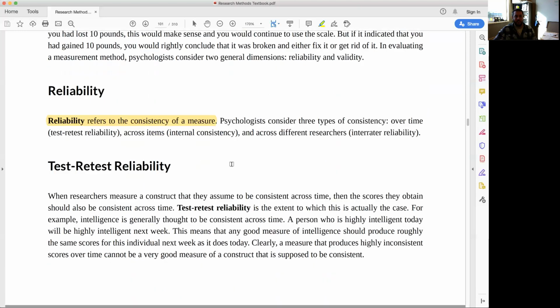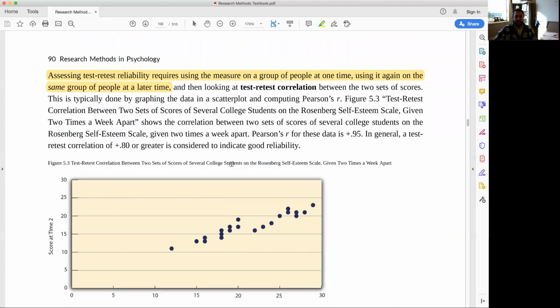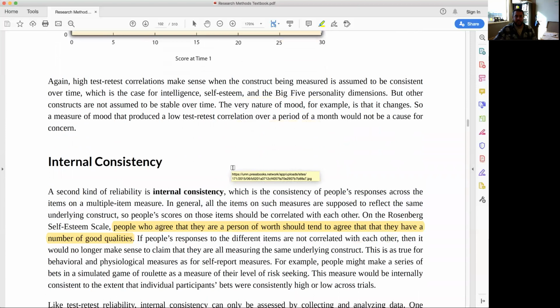So the next one then is internal consistency. So people agree that they're a person, so this is using a self-esteem scale. In this particular one, there is multiple questions that kind of get at the same idea. It's just phrased slightly differently, or it might just be things that we would expect to be consistent. All right, so people who agree that they are a person of worth should tend to agree that they have a number of good qualities as well. And if we're not seeing that happen,